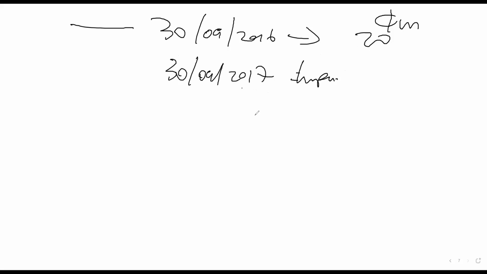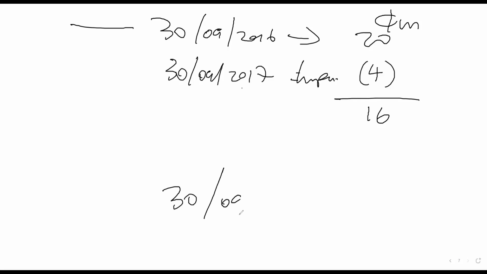Find 20% of 20 for me. What do you get? 4. Okay, good. So that will be 4. So the current amount of the goodwill would be 16. Then as at 30th of September 2018, at the reporting date,